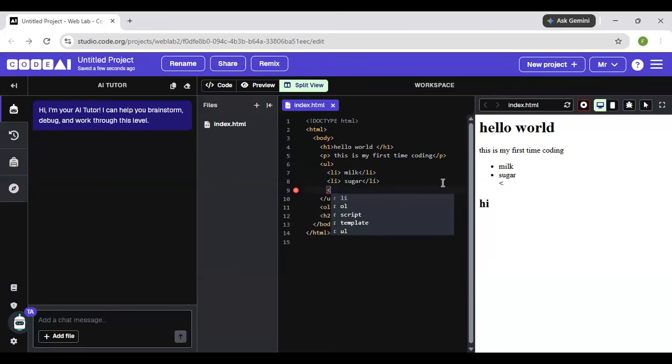LI is what is used under each list. It's what shows you're listing things. UL is what the unordered list is.